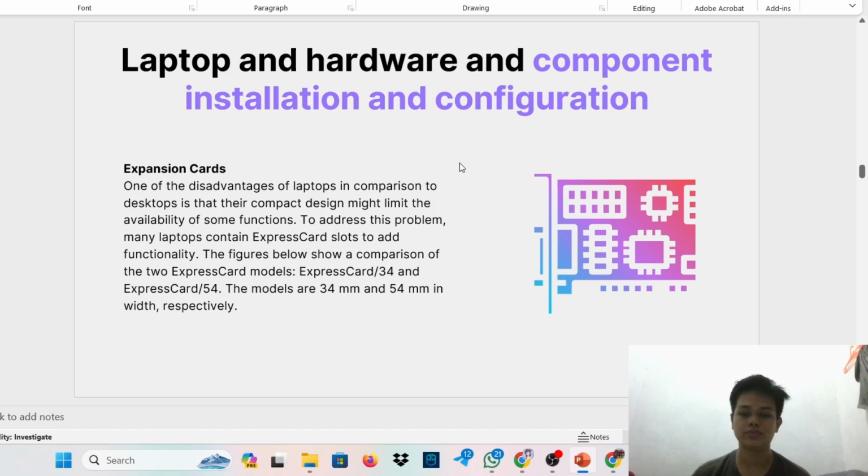Here are some examples of functionality that can be added when using ExpressCard. First is additional memory card reader. Second, external hard drive access. Third is TV tuner card. Fourth, USB and FireWire ports. Fifth is Wi-Fi connectivity. To install a card, insert the card into the slot and push it all the way